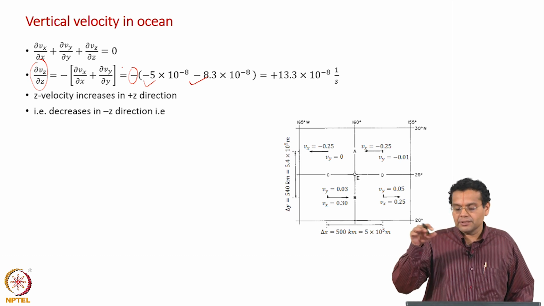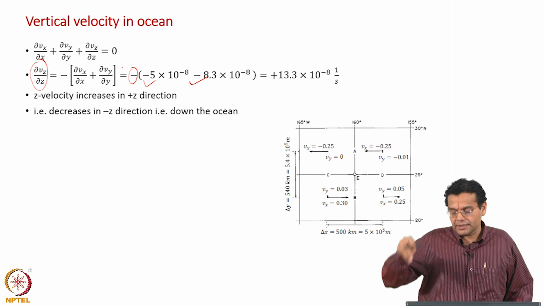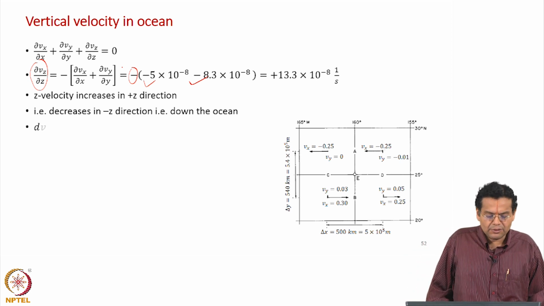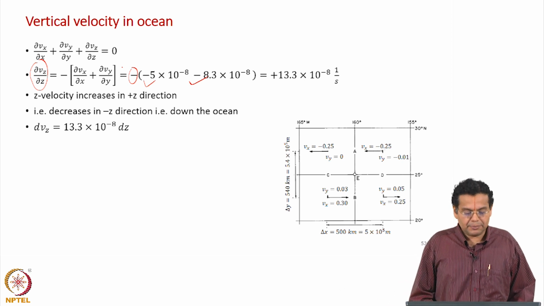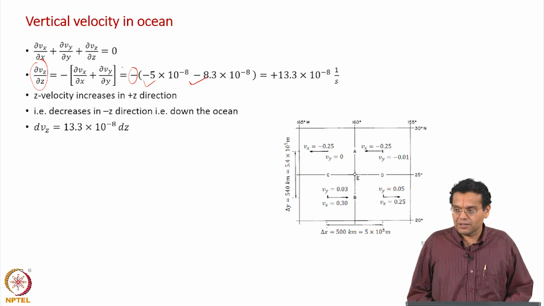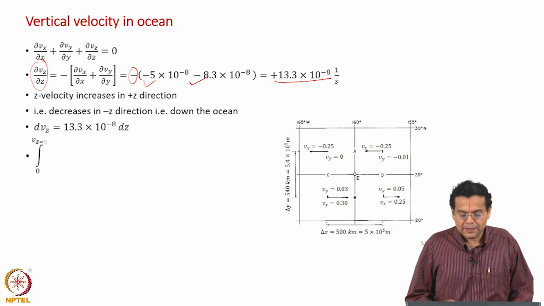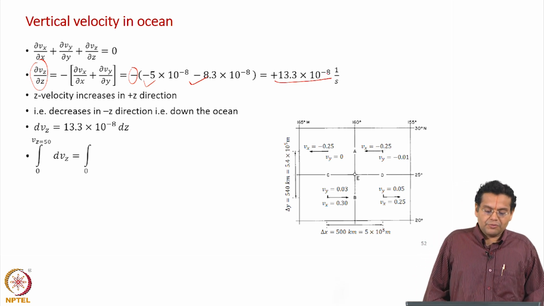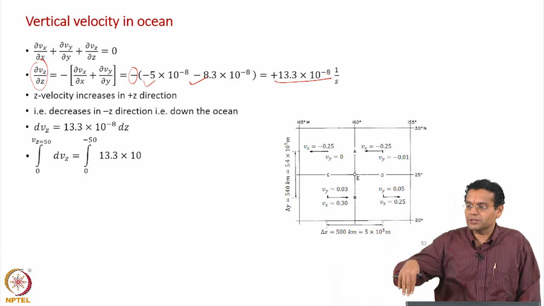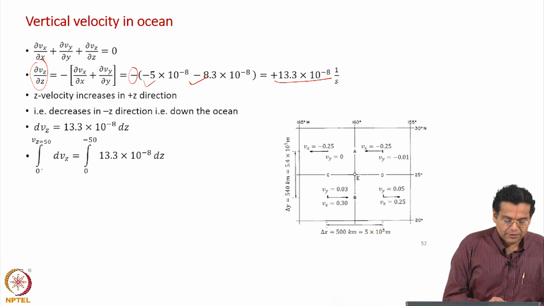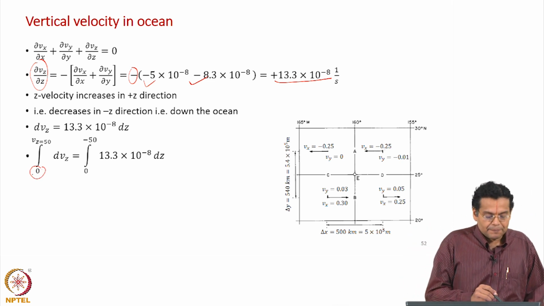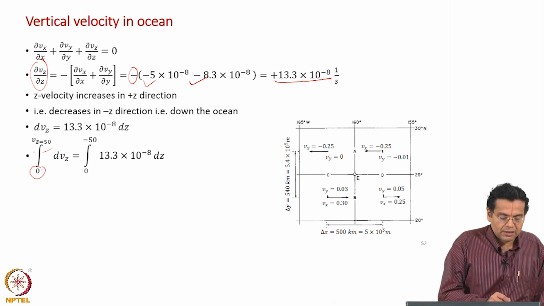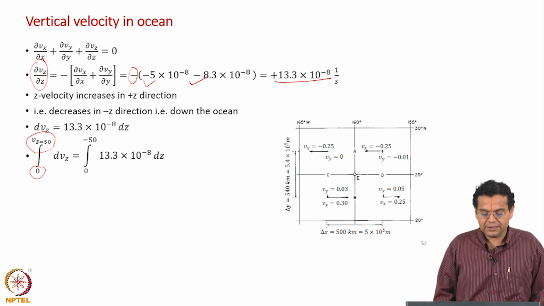So, if you start from the surface of the ocean, it decreases. Okay. Now we are asked to find the velocity at a particular depth, which means that we will have to integrate this. We will assume these do not vary with spatial location, that is why it is a constant, and then integrate. We integrate from the surface of the ocean down the ocean. The z component of velocity is 0 at the surface, and we are asked to find the z velocity at a distance of 50 meters.